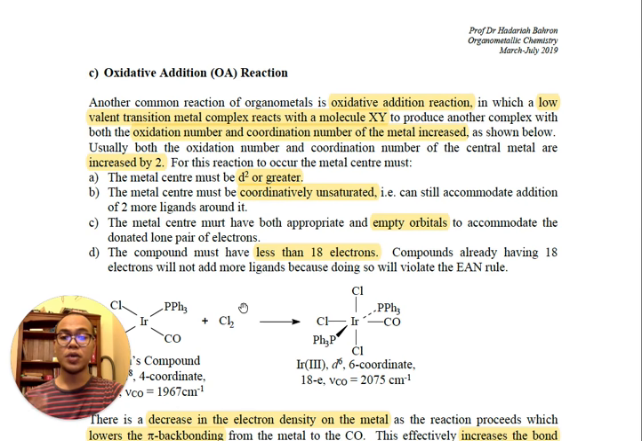So we have learned two types of reaction. The first one is substitution reaction involving carbonylation and sulfur dioxide. Carbonylation and sulfur dioxide reaction. And the second one would be on the